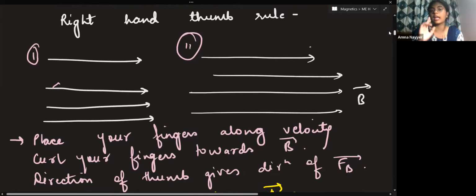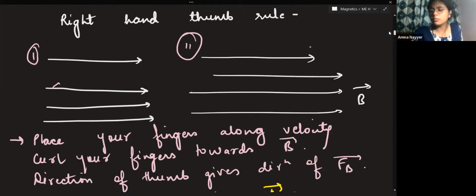Now, coming to the right-hand thumb rule that was left in the last class. So, see class, from this lesson, this is one of the major topics that is left. One of the major topics, one of the lengthy topics we can say. Fine. So, in this case, what we have to do, we have to find out the direction of this magnetic